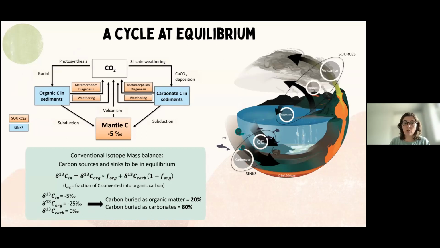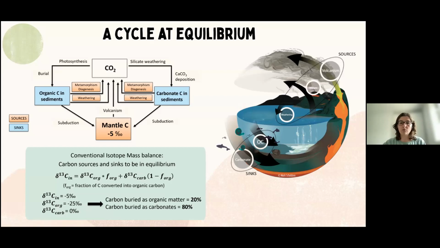And this concept, the mass balance concept, basically says that in the long term, it is assumed that there must be an isotopic balance between the isotopic composition of carbon that is entering and exiting the atmosphere-ocean system. So every carbon that enters the system must be equal to the carbon that exits the